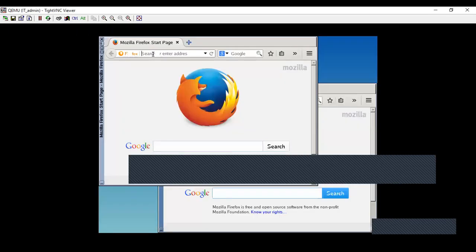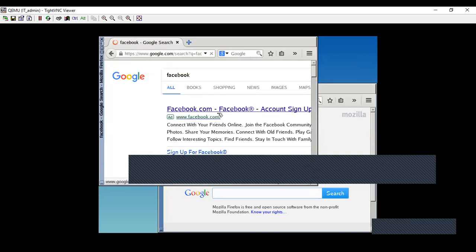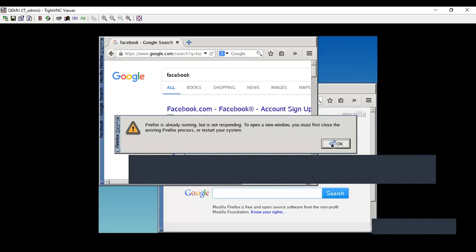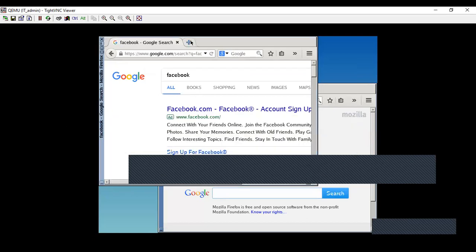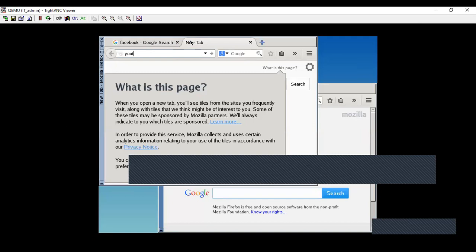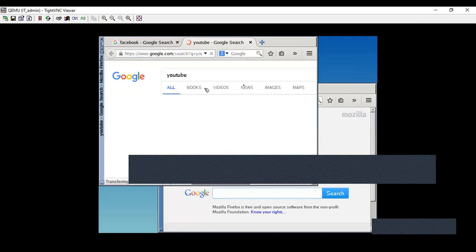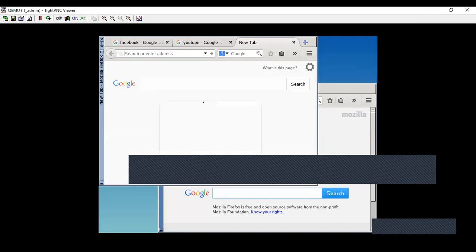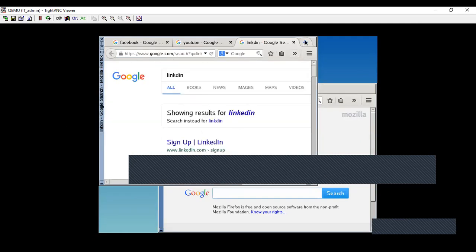So let me type facebook.com. As you can see, I'm able to access facebook.com. Let me check YouTube. As you can see, all the sites I'm able to access.